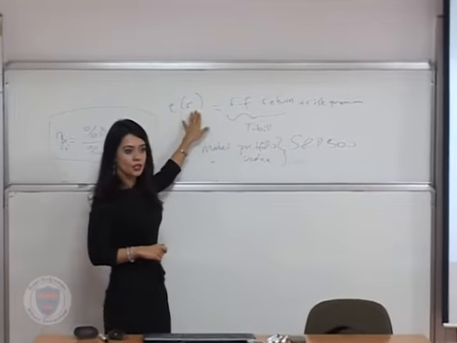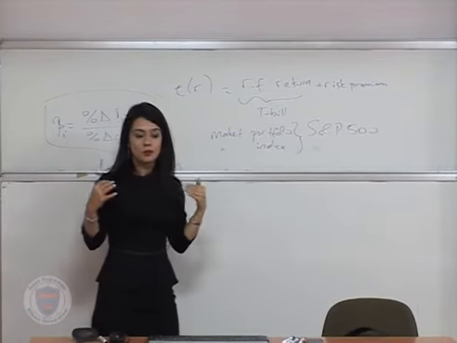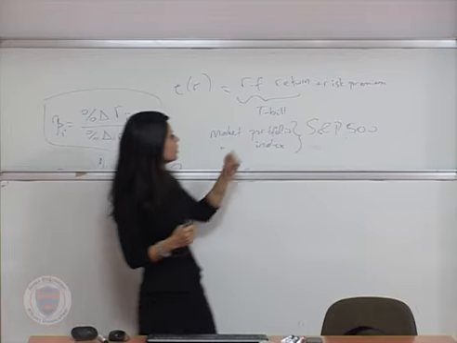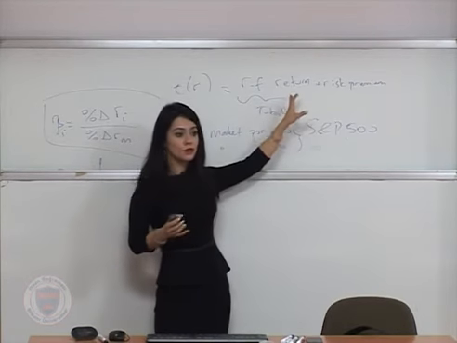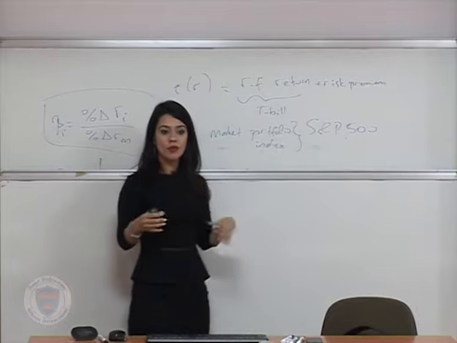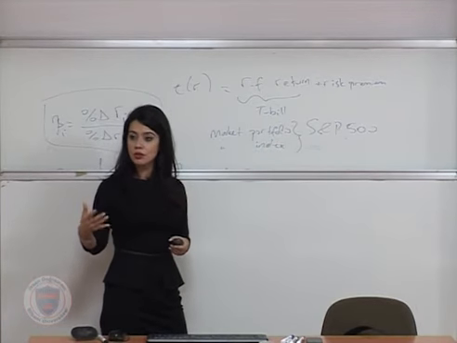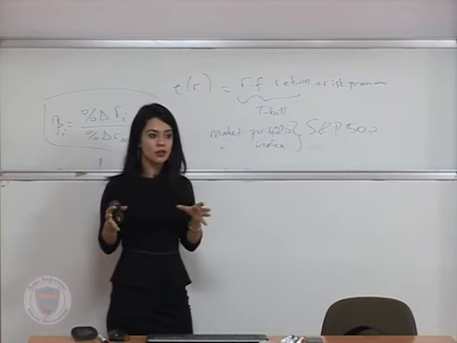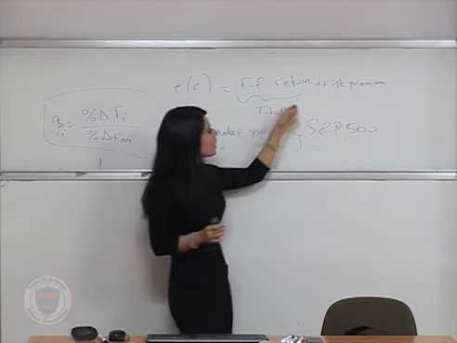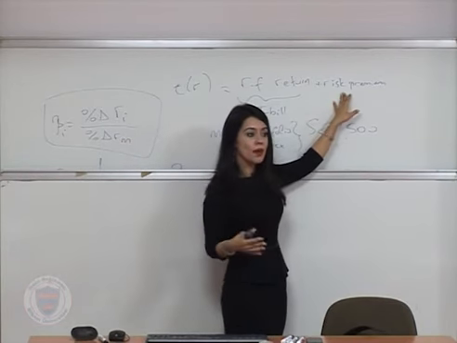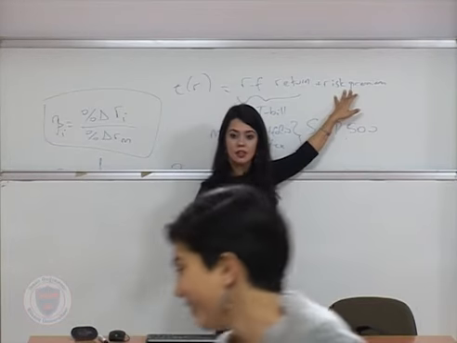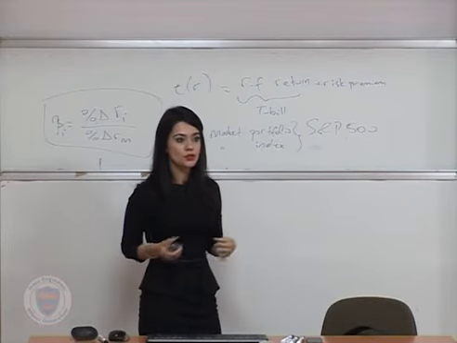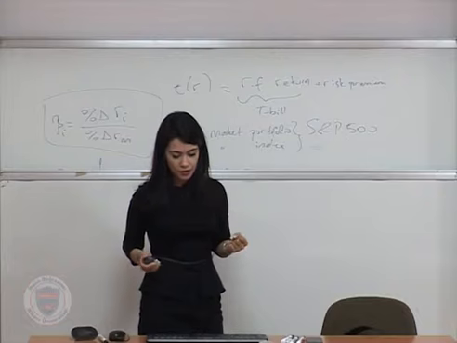So for each individual stock, your minimum required rate of return will be the total of the risk-free return, which is basically your reward for waiting and not consuming, not spending your money today. And it's the minimum that you can get in the economy, the riskless rate. On top of it, you want the reward for bearing the additional risk. And this risk will be the systematic risk. So together, they're going to give you what the return should be. So we're trying to price risks, okay?